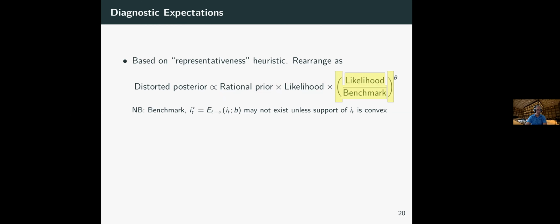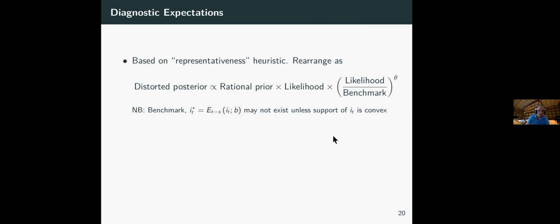Just as an aside, this benchmark is usually defined in their papers as the conditional expectation of the data, either with 1 lag or 3 lags or 3 years of lags. If it does not have convex support, this benchmark might not even exist, because think of a discrete distribution. The mean might be 1.5 for a counting distribution, but 1.5 is not an outcome that can ever occur, so the likelihood of that is 0. So you have to be careful applying this to discrete distributions, but let's pretend everything is continuous,